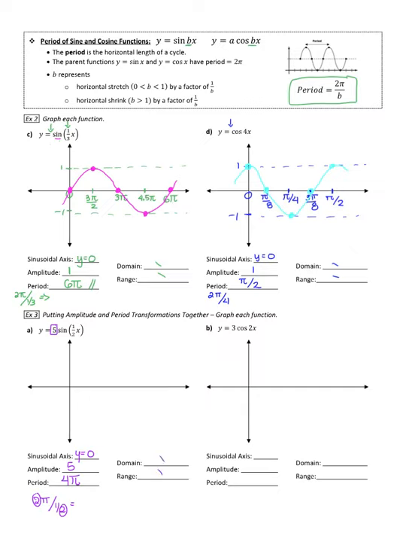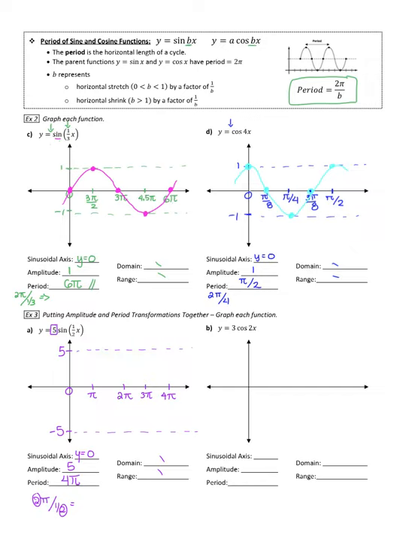Okay, so I start at 0. I'm going to end at 4 pi. Half that distance is 2 pi. Half that distance is pi. Ooh, this was a nice easy one. Yay. All right, and then amplitude is 5, so I'll go way up here, come way down here, do my little dotted lines,